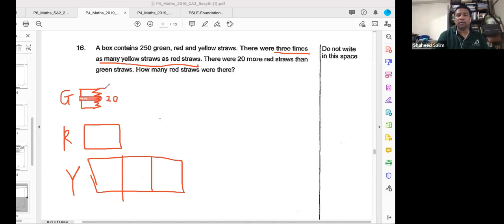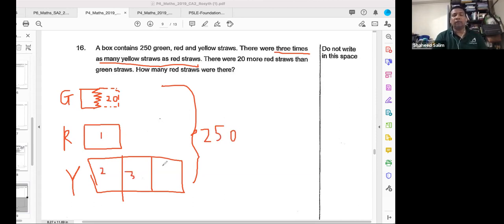Which part down here? But there's no 20 here now. It's just that it's short by 20. Down here, if you want this green to be 1 unit, you must plus 20 to become 1 full unit. So now how to do this question? The whole thing they say is 250. But we have a problem. We can count. This one is 1, this one 2, 3, 4. This one is not 1 unit, it's less than 1 unit. But if we plus the 20